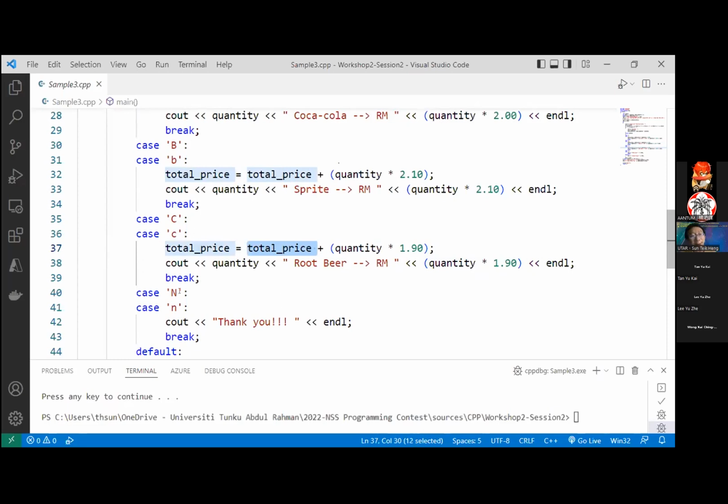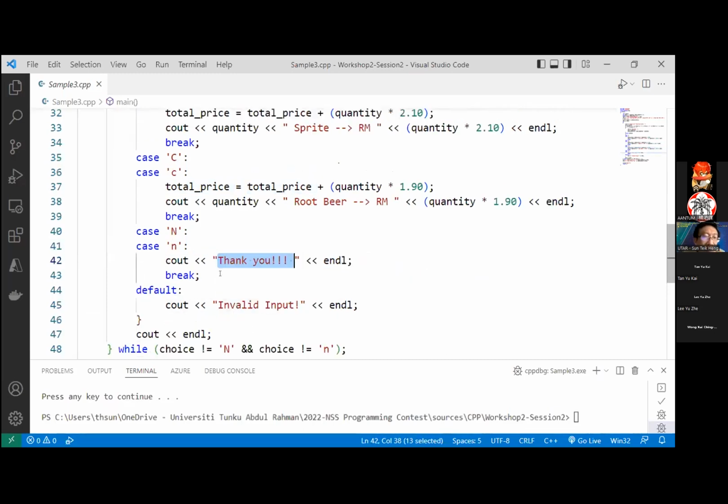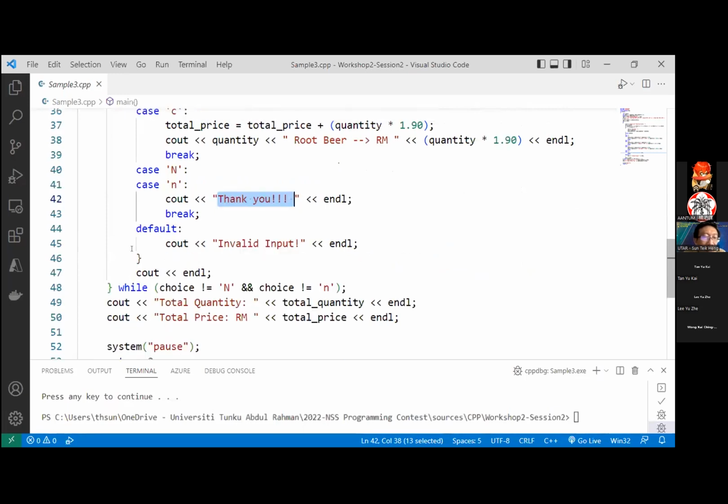But if your choice is N, capital N or small n, then we display thank you. Otherwise we will display invalid input. So you can see the do loop here will continue to loop until it is the character capital N or the character small n. So when the do while loop terminates, we display what is the total quantity and what will be the